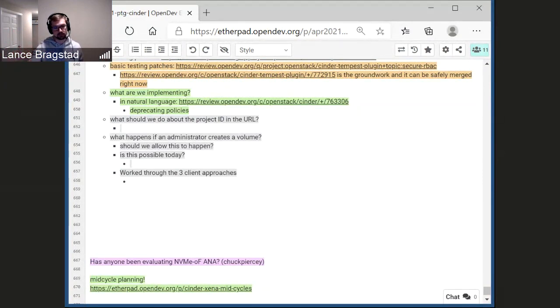You have a Cinder service, but it doesn't point to anything. So we need to figure out what we're going to do with that, because you could either scrub the project ID from Cinder's entire API and just go to a non-project ID templated URL, but that would be probably a lot of work.